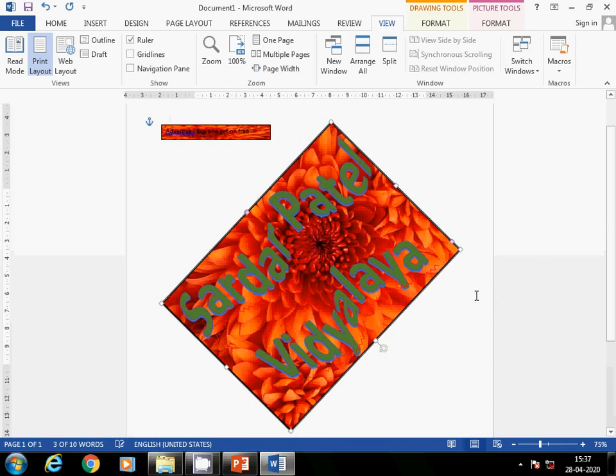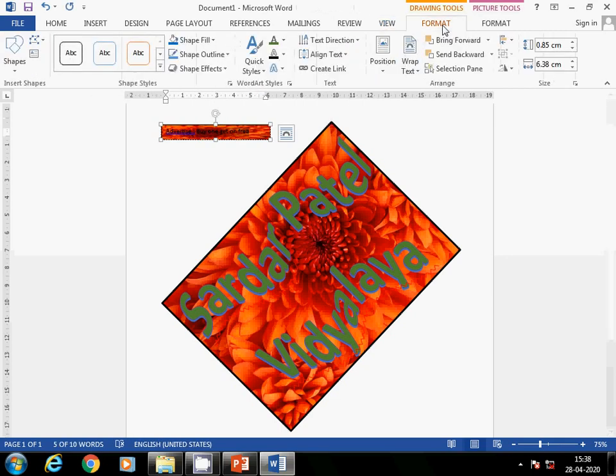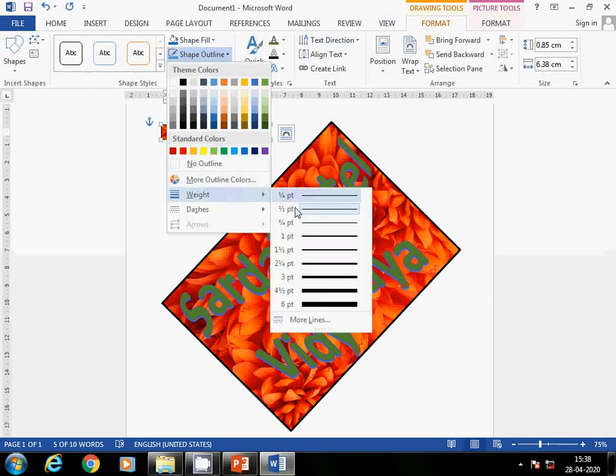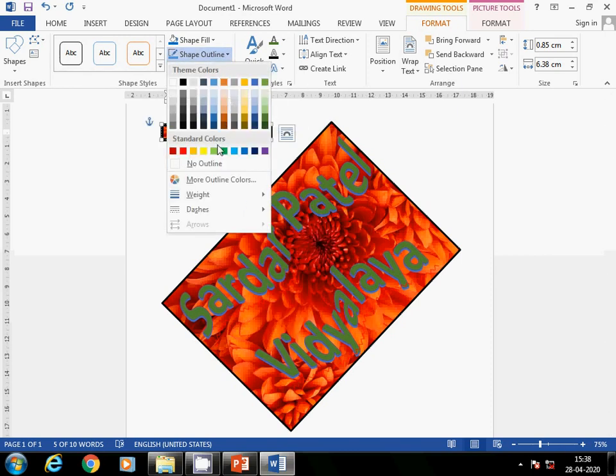So these are the effects from text box and word art. Shape outline, as I have explained in that one, the same options are given here. You can pick any color to change the outline of the box.